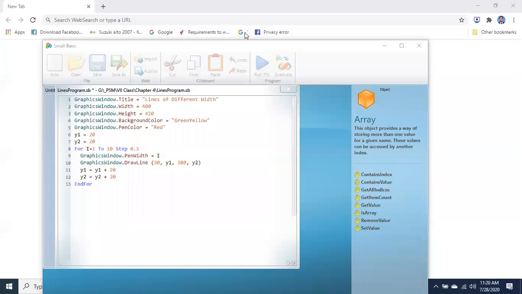So what can we do in this case? Have you got any idea about it? Sir, we will write the lines of different length. Yes, length. But how can we do this? Sir, in the title we will write lines of different length.